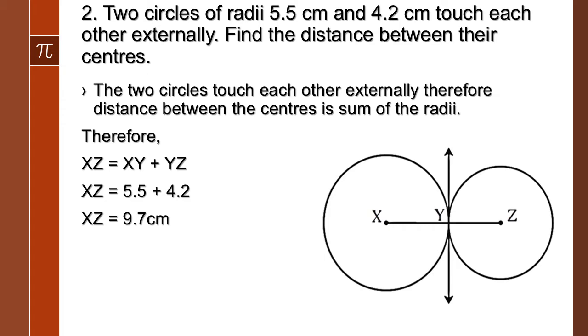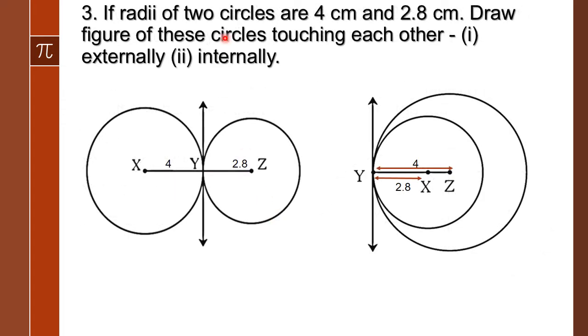Okay, let's move on to the next problem. This is the third question. Here you need to do a small construction, nothing else. If the radii of two circles are 4 centimeters and 2.8 centimeters, draw a figure of these circles touching each other, case 1 externally, case 2 internally. So both cases you have to draw. For that,